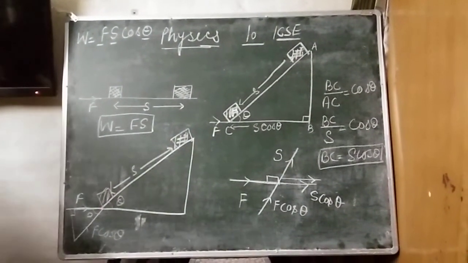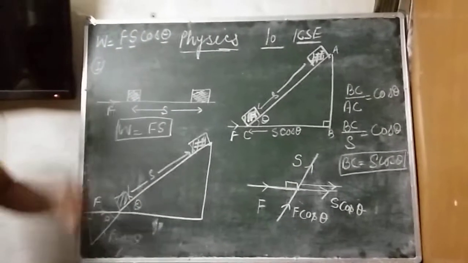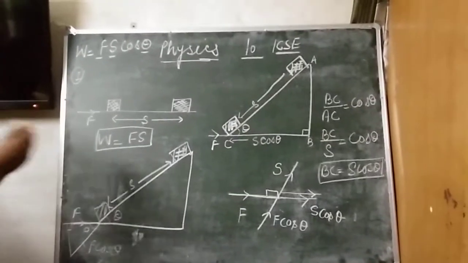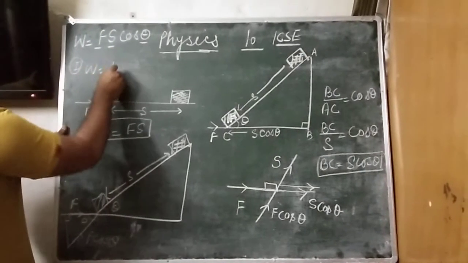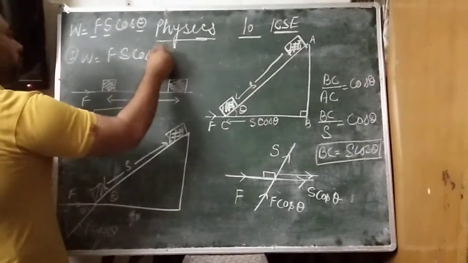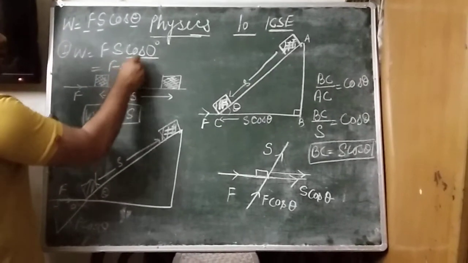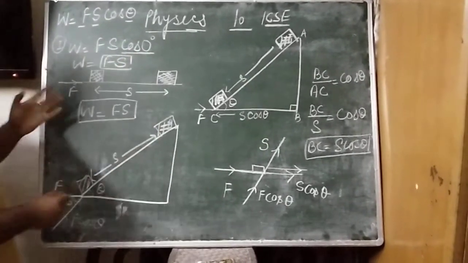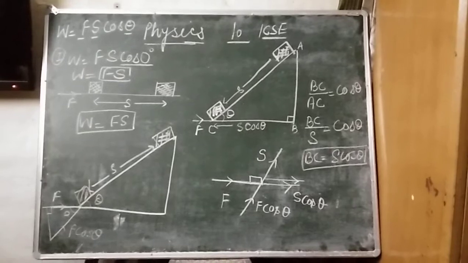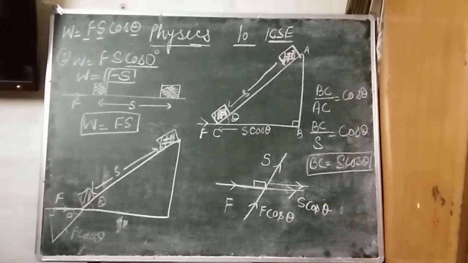Now students, see the first case, when the force and displacement are in the same direction. That is, in the direction in which we applied force, in the same direction the body starts to move. It means W equals F s cos of the angle between force and displacement, which is 0. Both are in the same direction, and the value of cos 0, that we have done in the lower classes, is 1. So the answer is F s. So in this case, when the force and displacement are in the same direction, the work done is directly the product of force and displacement.